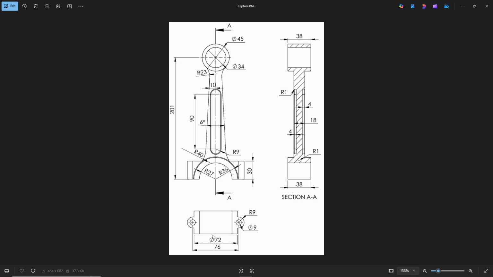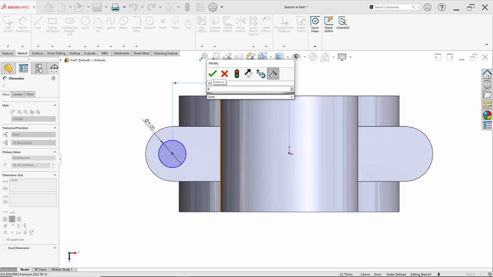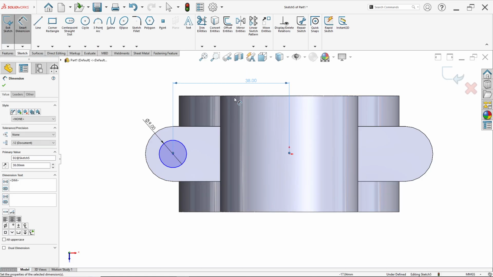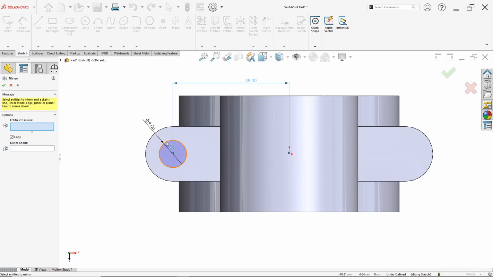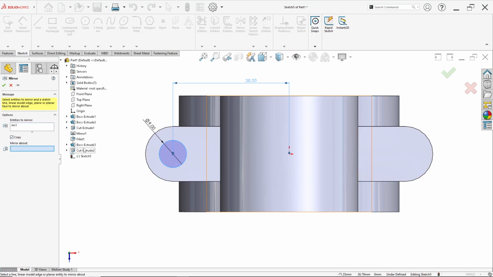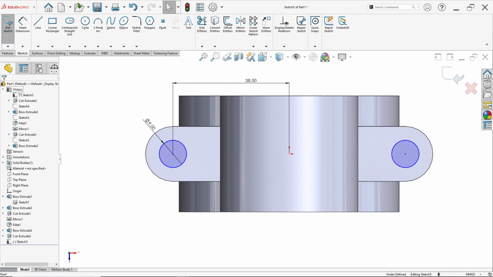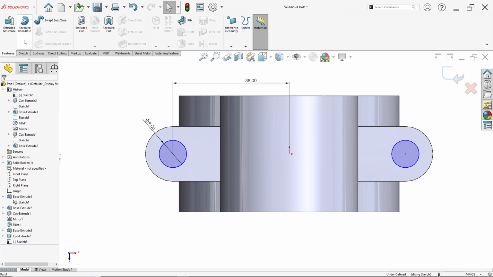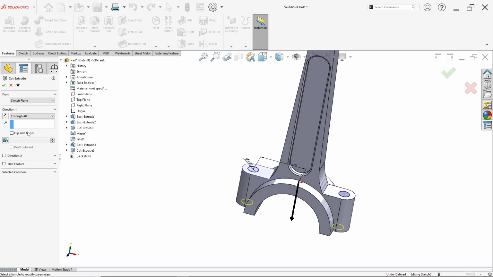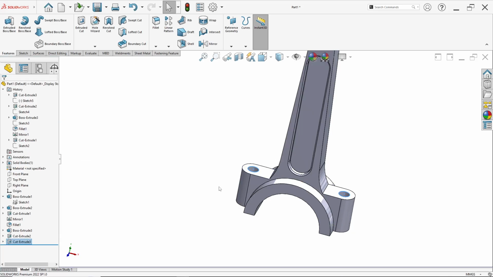Sorry, half of 76 is 38 millimeter. Okay, and we can click mirror entities, click this circle, and for mirror about, just click right plane, click OK. Now click feature and click extrude cut, direction is through all, and click OK.